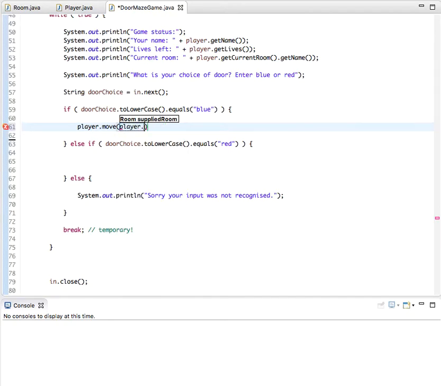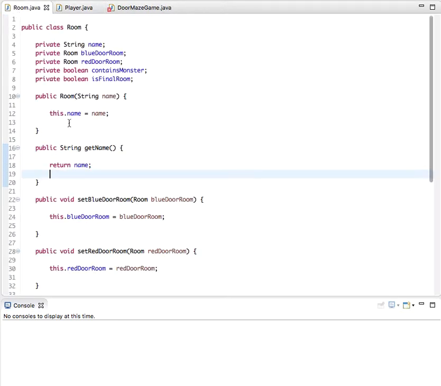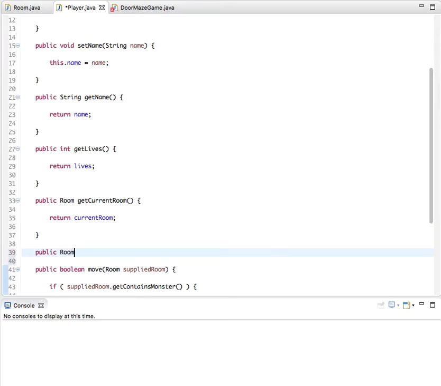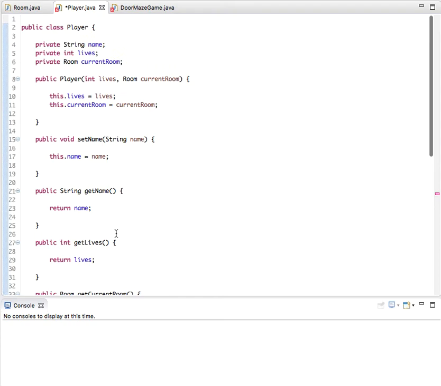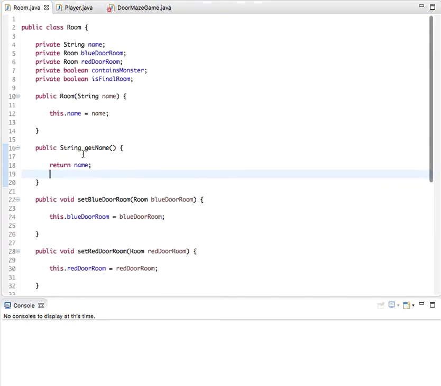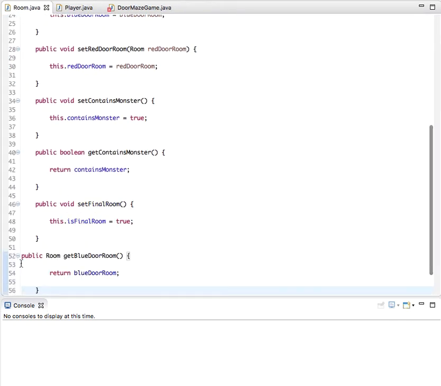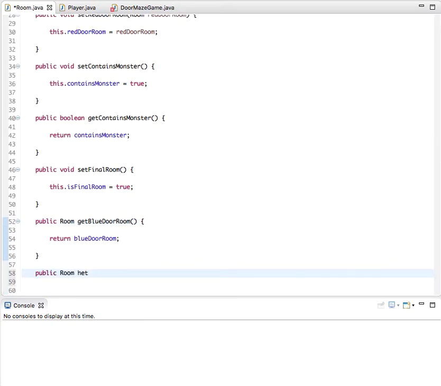Right, so we need to say player.getCurrentRoom.get, and I think I might have left this out before, so I'm going to add it in now. We're going to say public room get blue door room, and we're going to say, what's it called, blue door room? Oh no, goodness, of course it's inside the room class, isn't it? Of course, it wouldn't be inside player because the player doesn't know its connected rooms. The room does, doesn't it? So yeah, apologies for that. So room